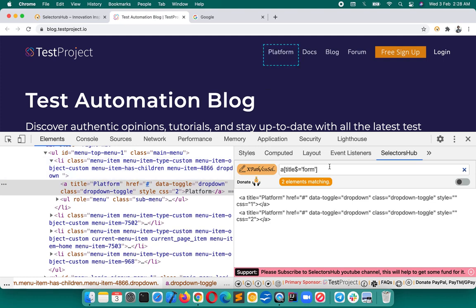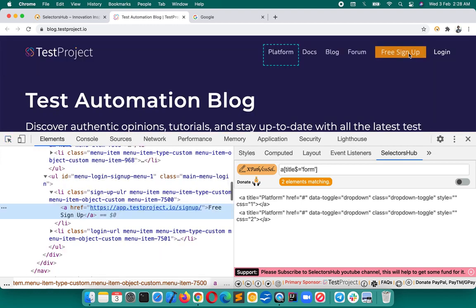So here it will give us all those links which have title value form. Now press enter. There are two elements which have form in the title attribute. Okay, and let's take some other example as well.